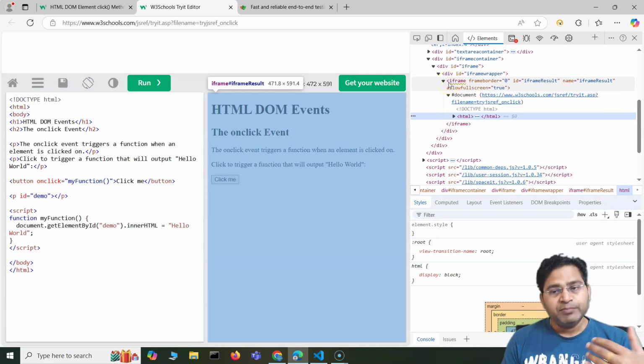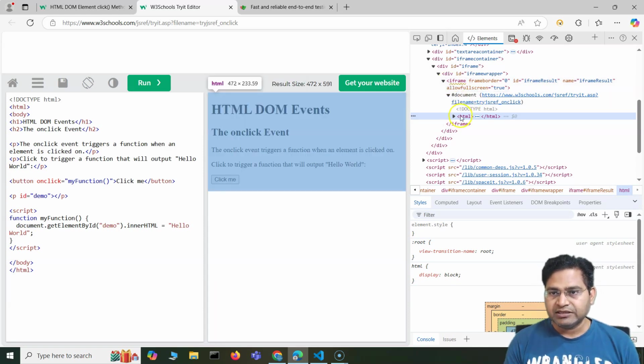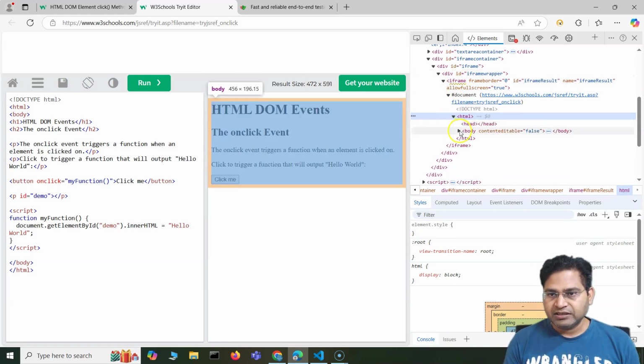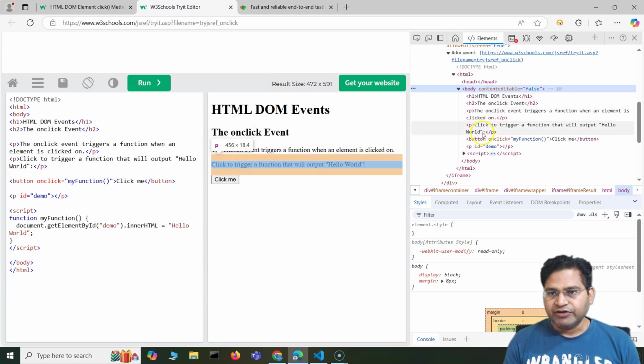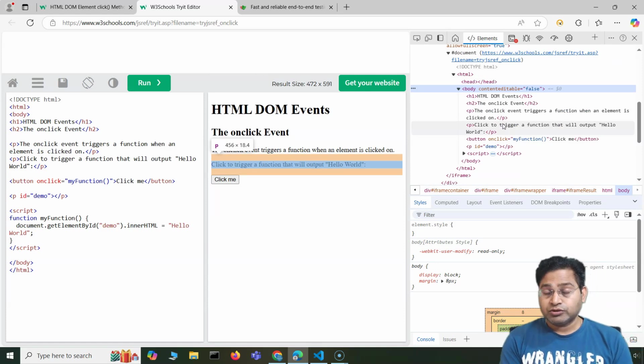That shows that in the HTML DOM, there is a main page, and then there is another document or HTML, another HTML within the iframe. If you look, there is another HTML which has the whole body and everything available there. So now when you are working with automation tools, for example, Selenium as well as Playwright,